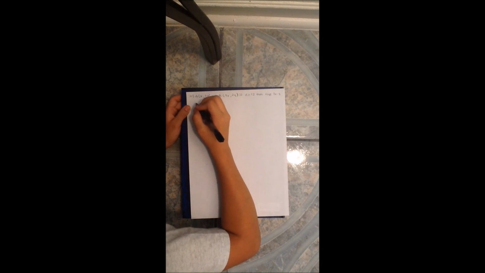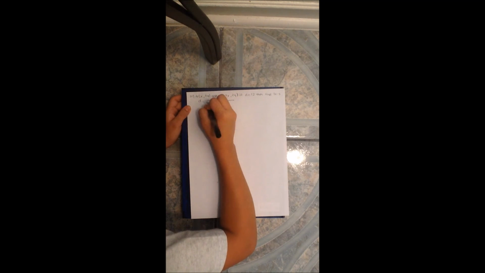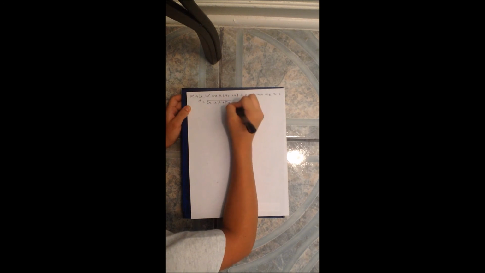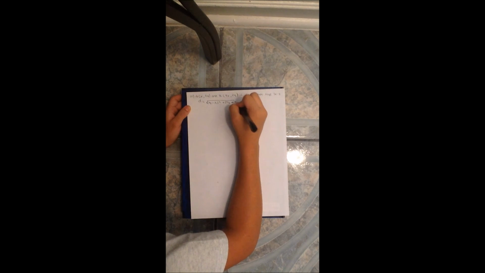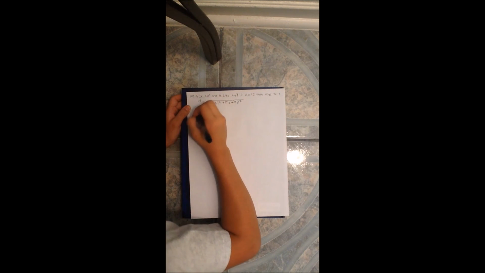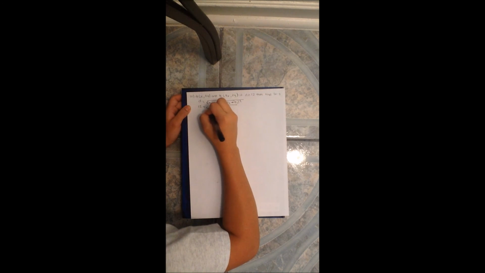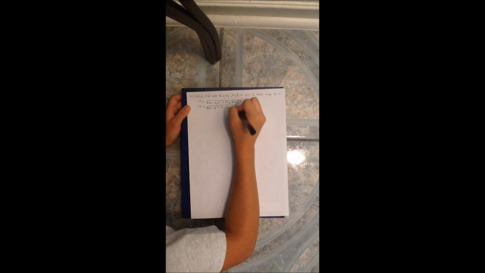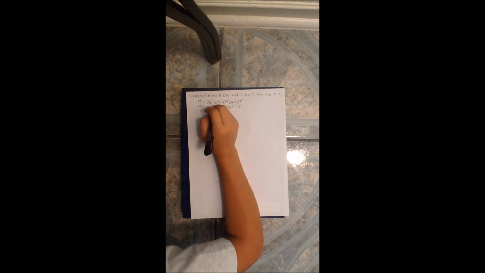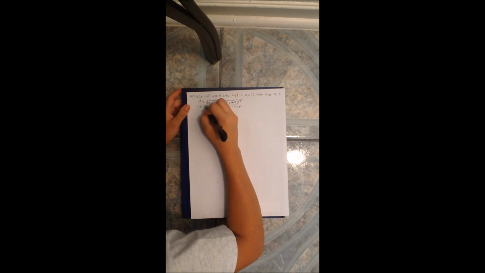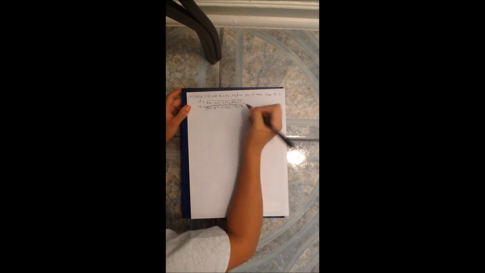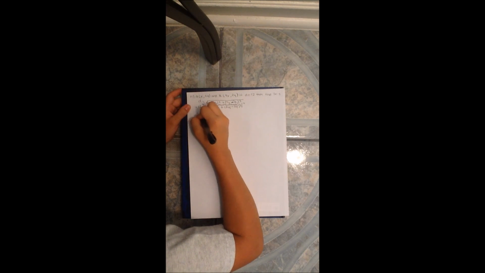So the formula for distance is d equals the square root of (x2 minus x1) squared plus (y2 minus y1) squared. I plug in my numbers, so it would be 12 equals the square root of (4x minus x) squared plus (2y minus 2y) squared. But I want to get rid of my square root, so I would have to square this out. This one gets gone, and you also do the squared, so it would be 144 equals,